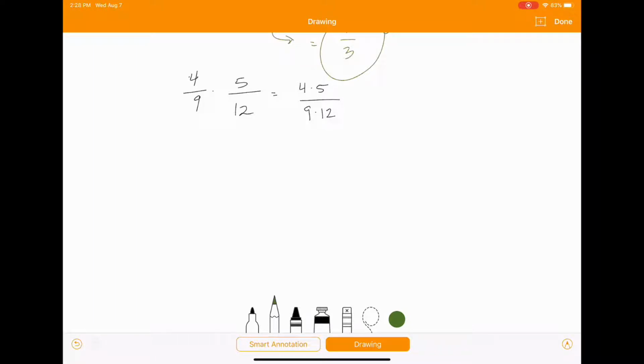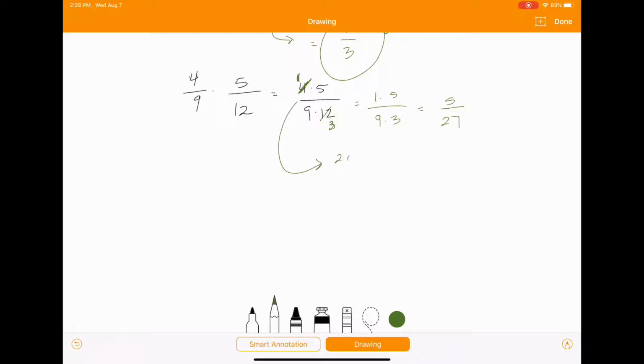So we know that 4 goes into 12 3 times, and there's just 1 left up there. So again, 12 divided by 4 equals 3. So again, then we'll end up with 1 times 5 over 9 times 3, which is 5/27,